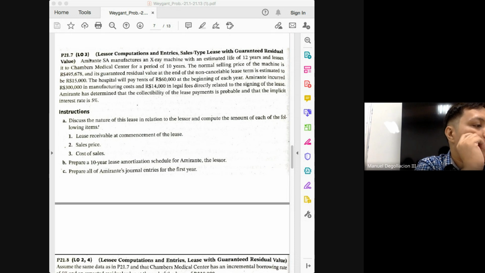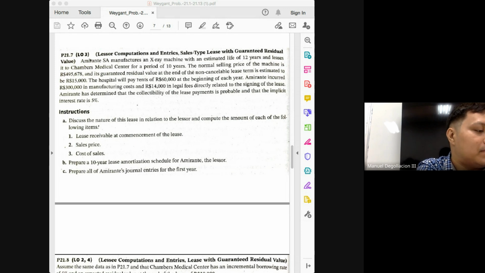Okay? But what else happened still in 2022? You prepared another entry to record the interest revenue. Okay? And the entry there for December 31, 2022 is debit, lease receivable and credit, interest revenue in the amount of 3171.56. What is the effect of this entry to your lease receivable? It will increase your lease receivable. So that when you proceed further, still on page 1118, what is the entry there?